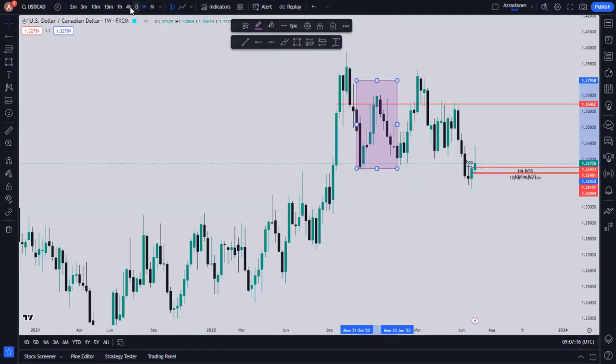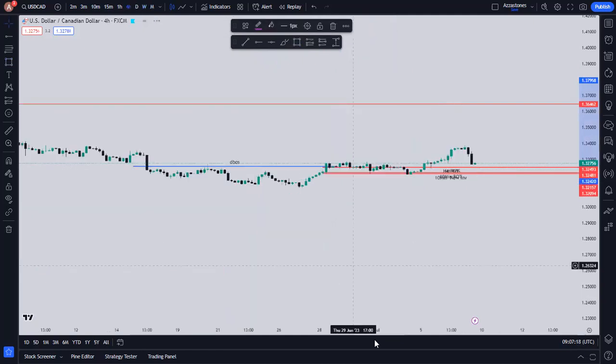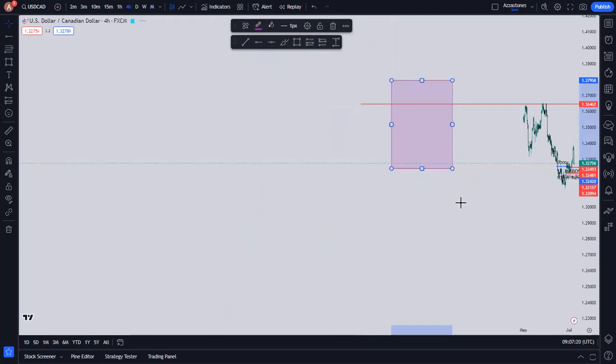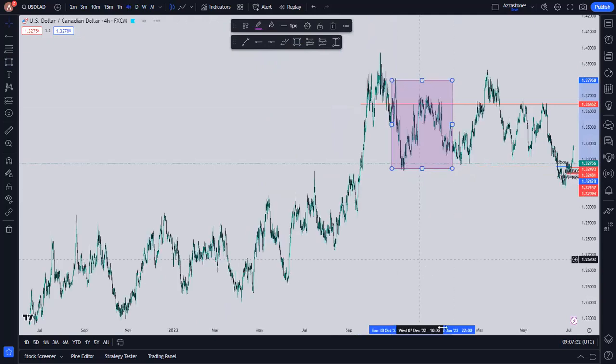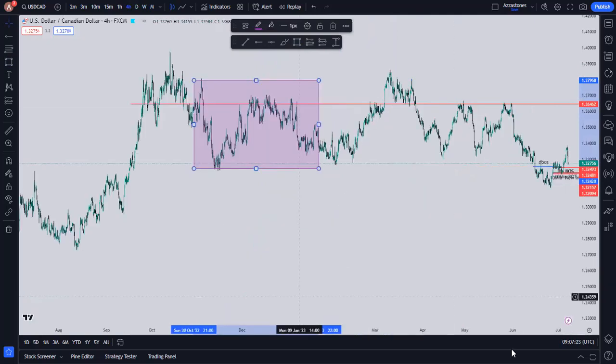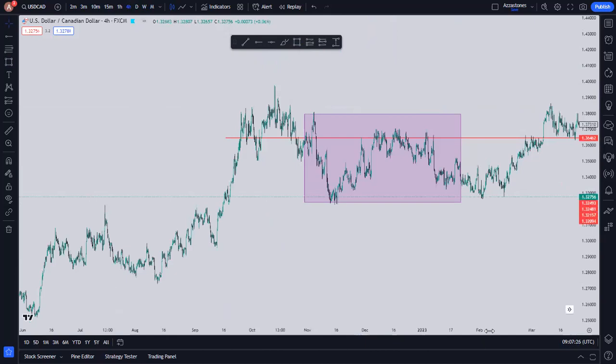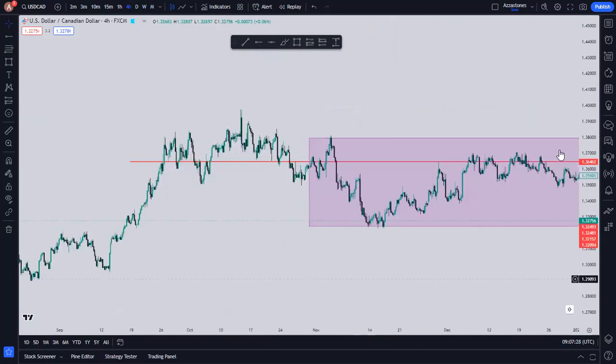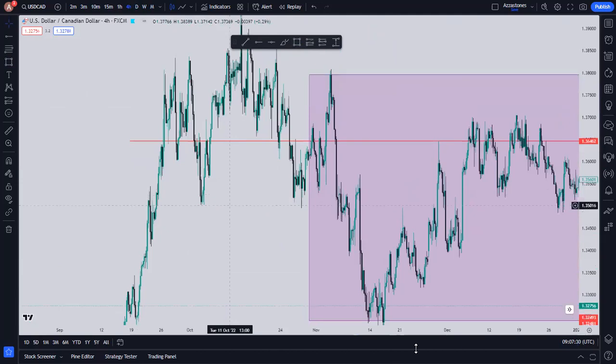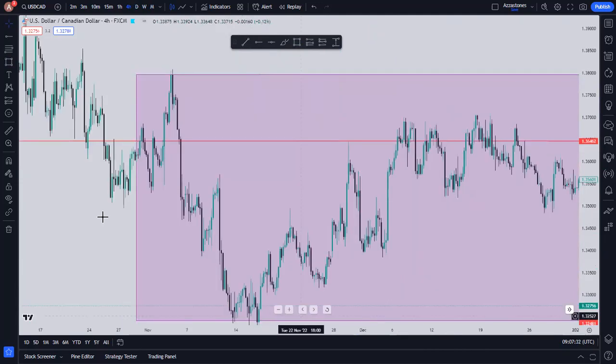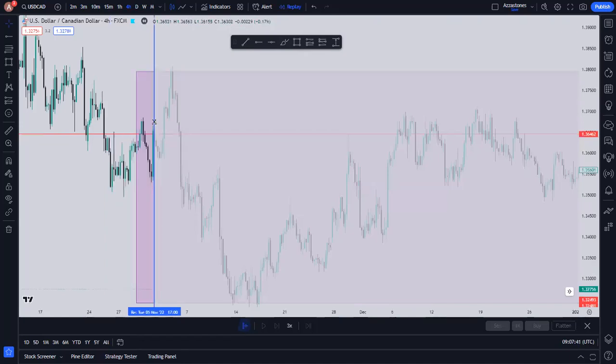If you go to the 4-hour time frame, you can see how you could have taken that advantage after that weekly break, because the weekly break was just up or just below there. And you see that after that break happened, we just got the 4-hour break of structure. Okay, and if I try to cut down here, around here,